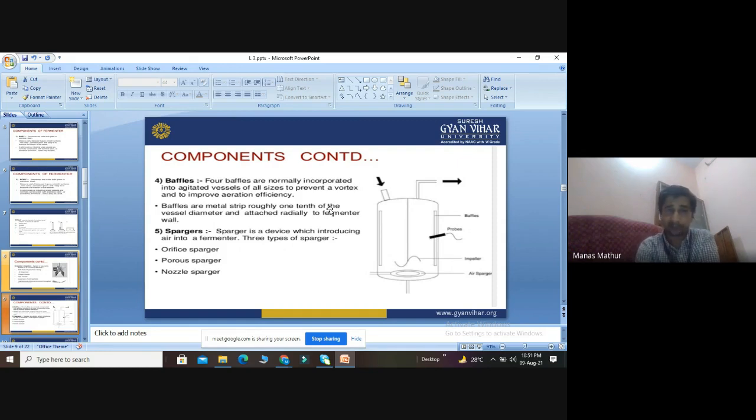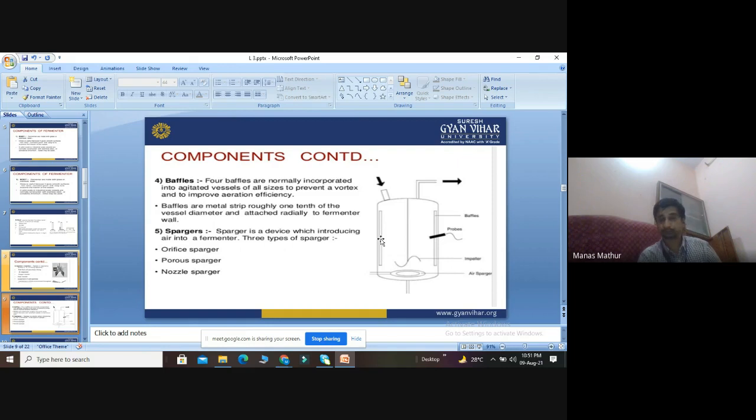Baffles are made up of metal strips, normally 1/10 of the vessel diameter, and attached radially to the fermenter wall. This is the wall of the fermenter, and they are attached radially. Four baffles are normally incorporated into agitated vessels of all sizes to prevent vortex and to improve aeration